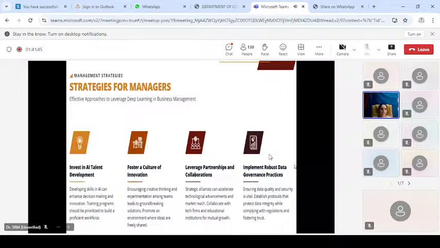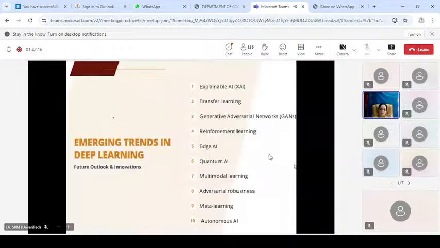Then ensuring data quality and security is paramount for effective use of DL. So establishing robust data governance practices becomes essential to protect data integrity, comply with regulations, as well as to promote trust. Okay. By implementing appropriate protocols and safeguards, businesses can preserve their valuable data assets, and also they can avoid potential risks associated with data breaches or misuse.